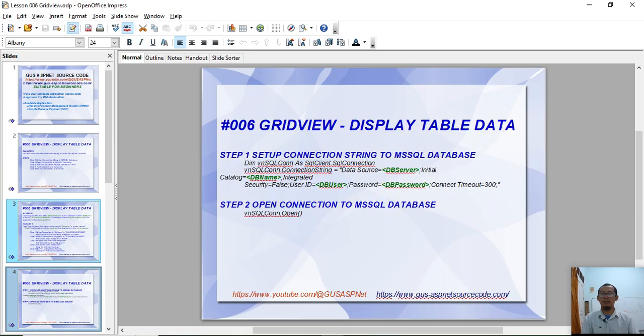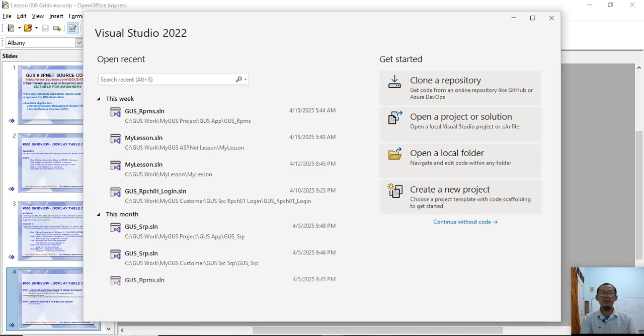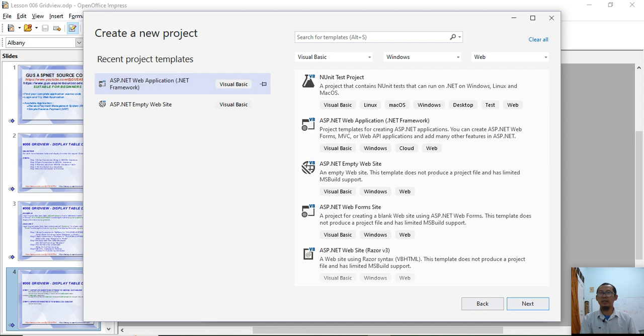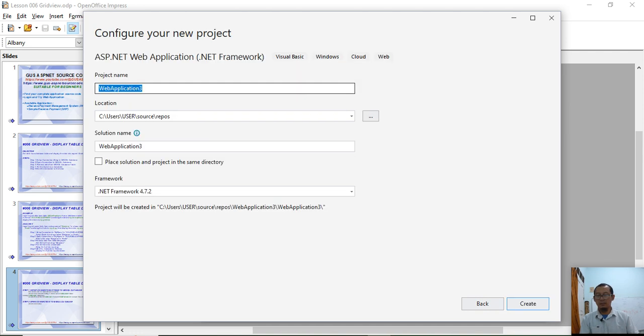Okay, now let's see how we create it step by step. First, let's create a new project. Create new project and choose the ASP.NET Web application. Click next. For example, this is my project, my Gus lesson.